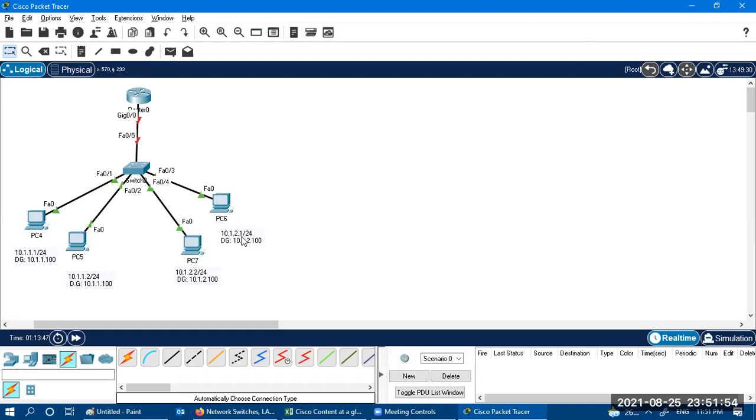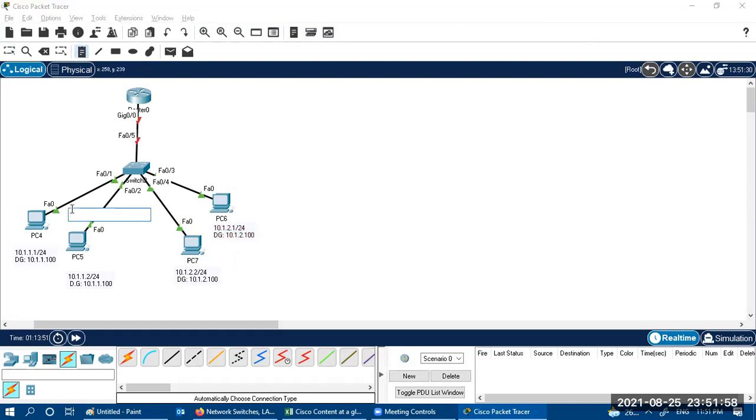So I have used these IPs on the different VLANs. This is VLAN 10, and this would be VLAN 20.